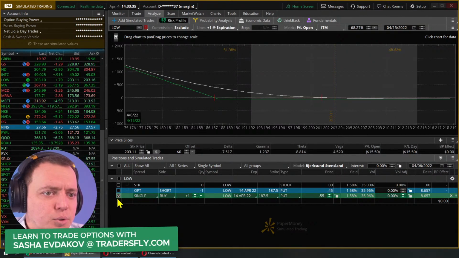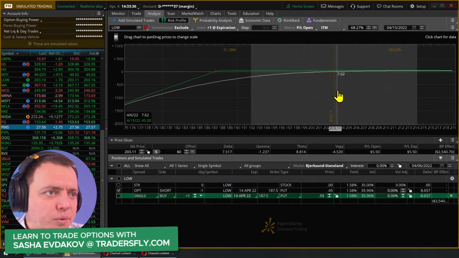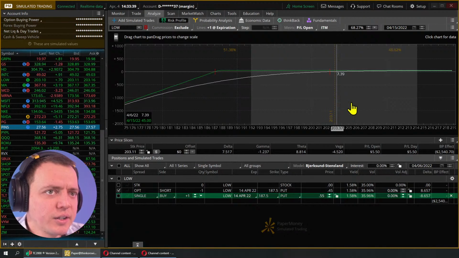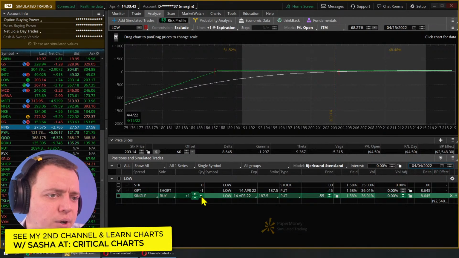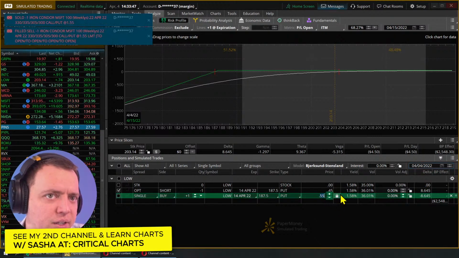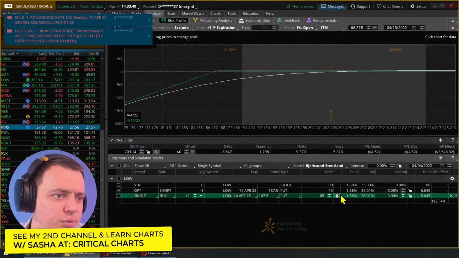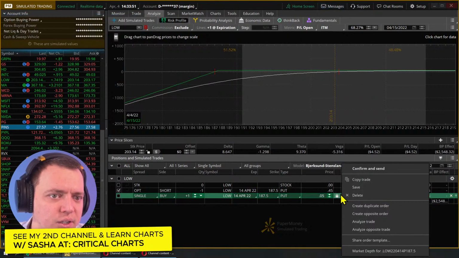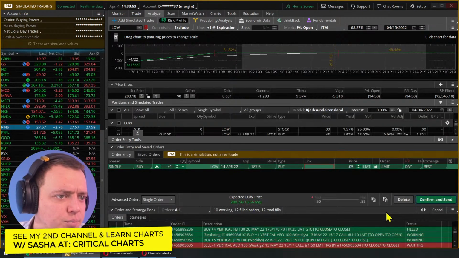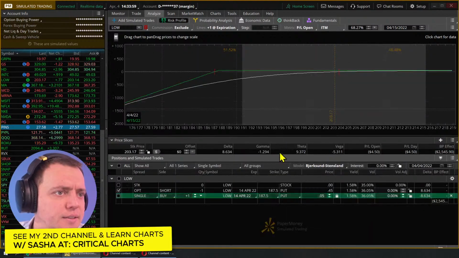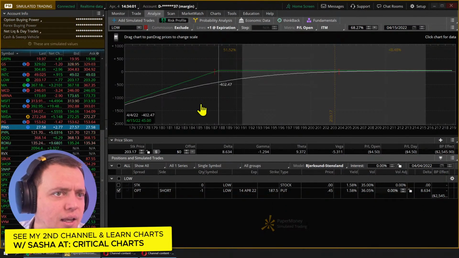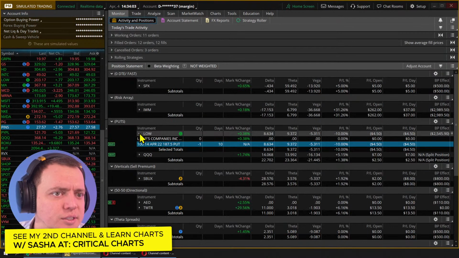Here, the market's starting to move a little bit, so that's probably why we're getting more filled in that area. Okay, so here, this one, I probably would take this trade off if it goes down to about 5 pennies. There's a Microsoft one getting filled, so I guess there's more movement here. Create duplicate order. Good till cancel. Put side. And there we go. And that order now is kind of sitting in there.